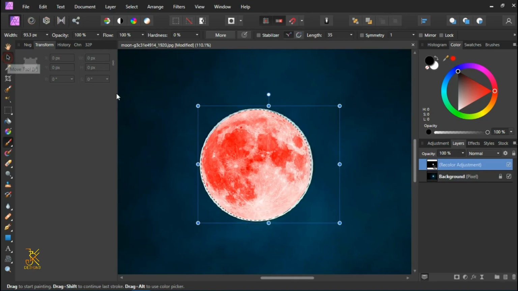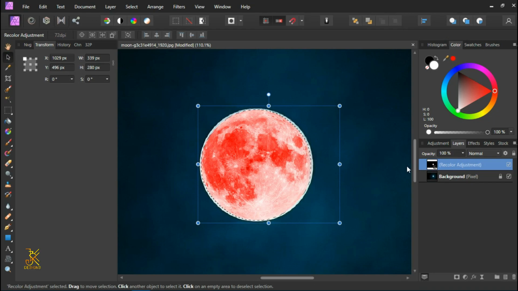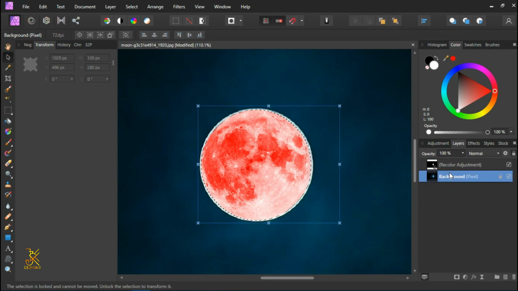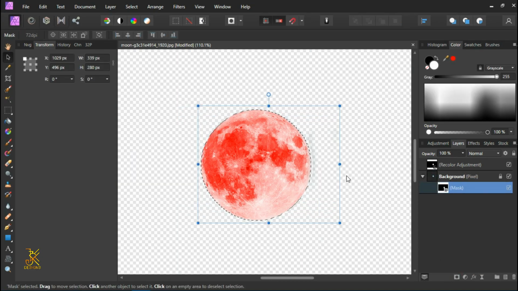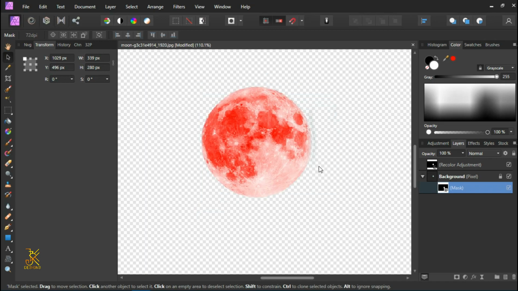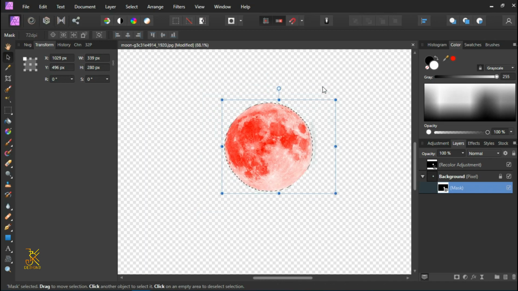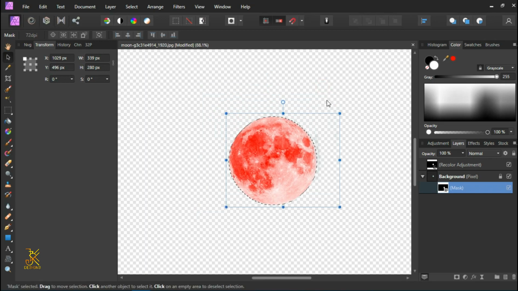As you can see, now we are going to apply a mask on our photo. So select the image and then apply a mask on it. So now we are only left with our selected moon, and the layer is only being applied to our selection,